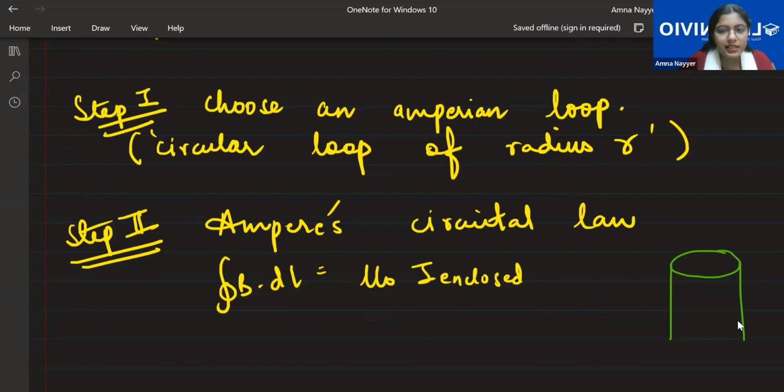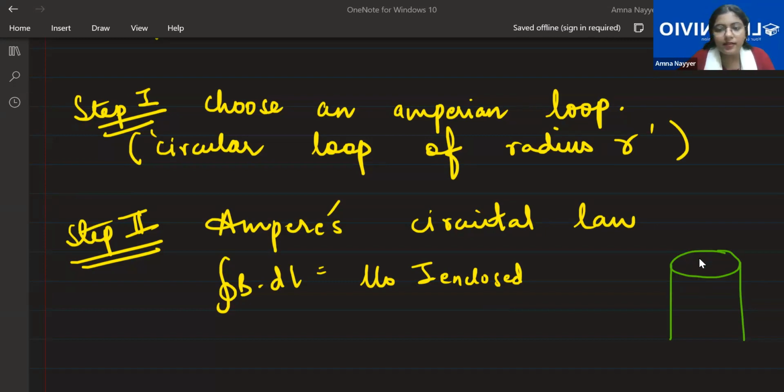Raneem, just in case I miss anything of what you're saying, you can type in the chat box because your voice is coming very low. Yeah. Ma'am, I didn't say anything yet. Okay. No, that's what I'm saying. If you say something, just type in the chat box in case I miss anything. Okay.